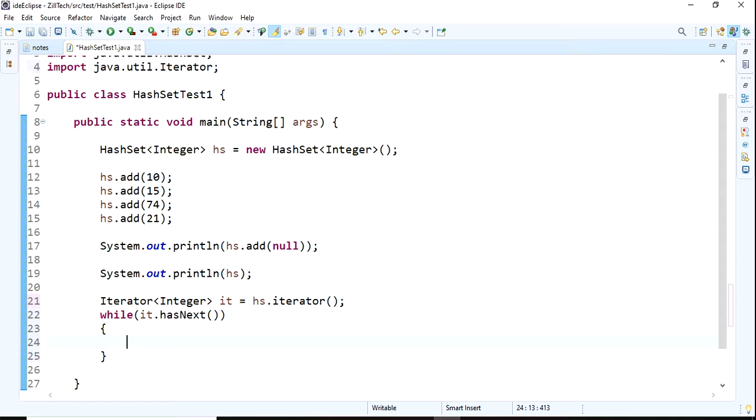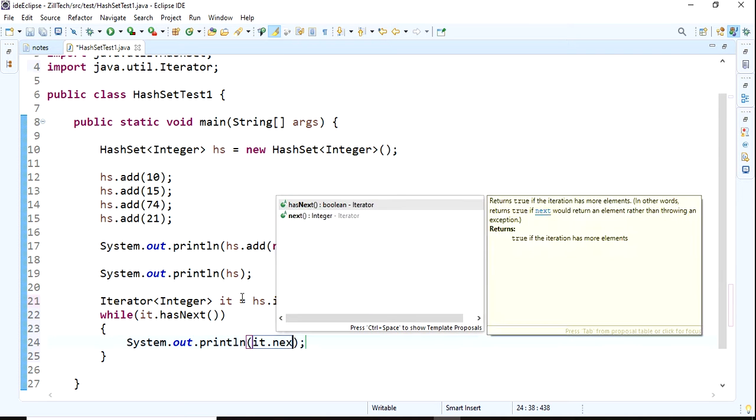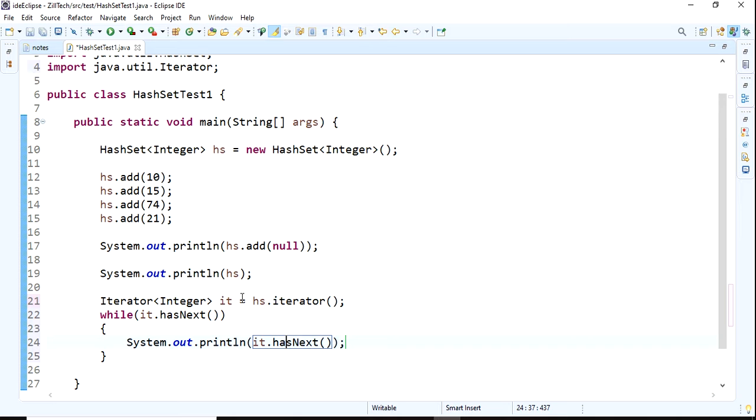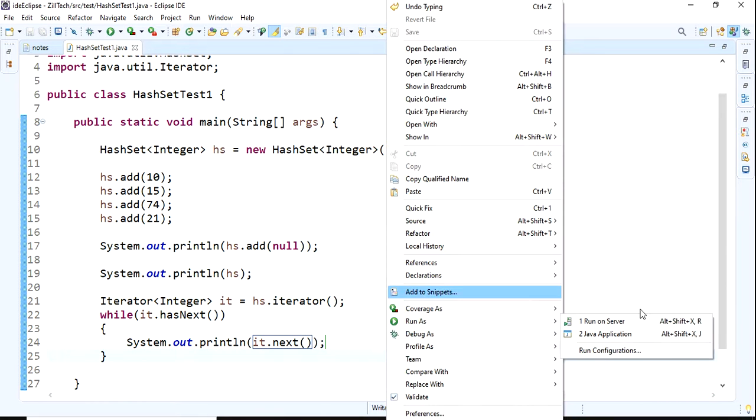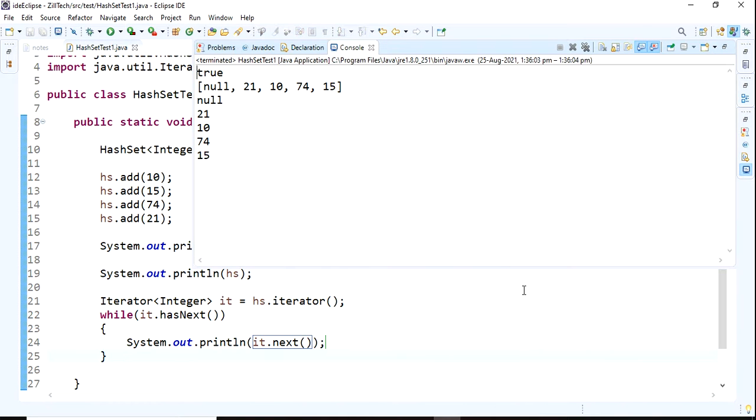Inside, I print with it.next(), which prints the element and moves forward. Run as Java application. See, null, 21, 10, 74 and 15.